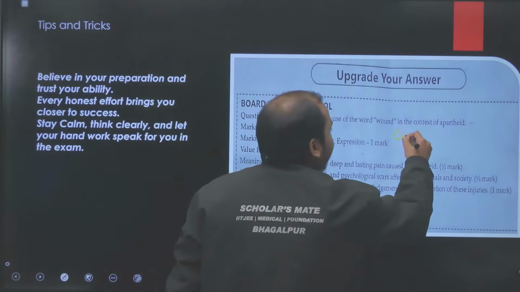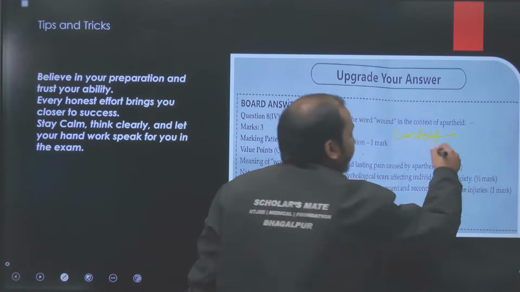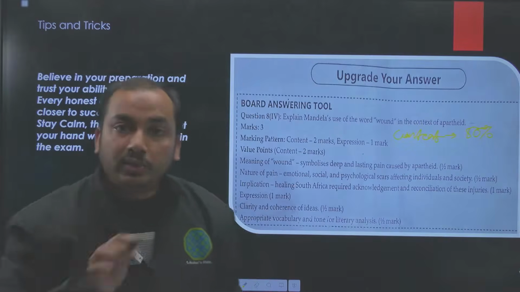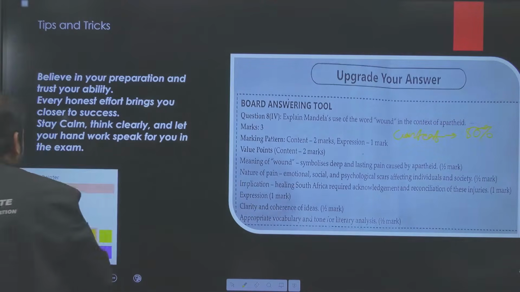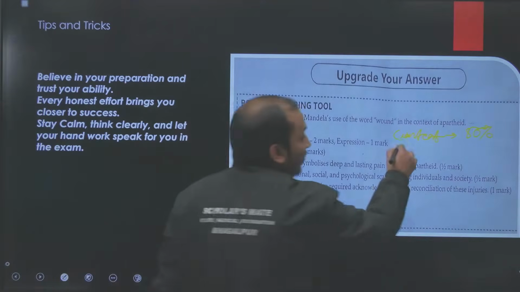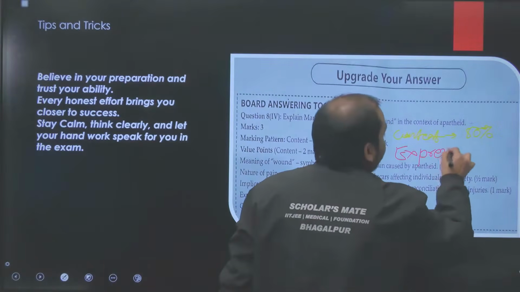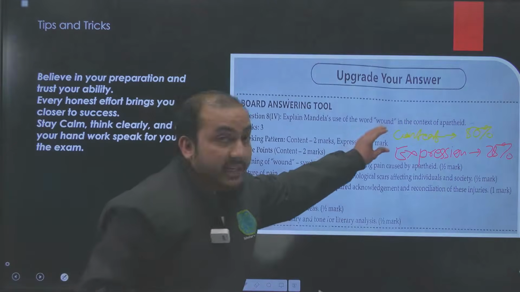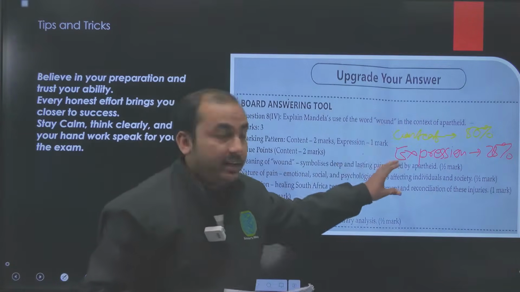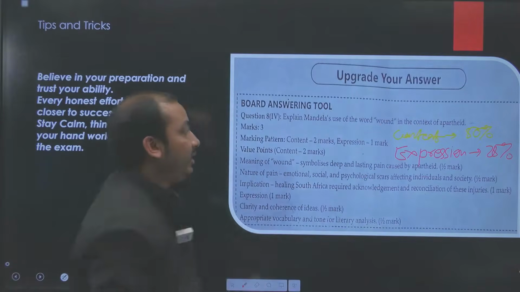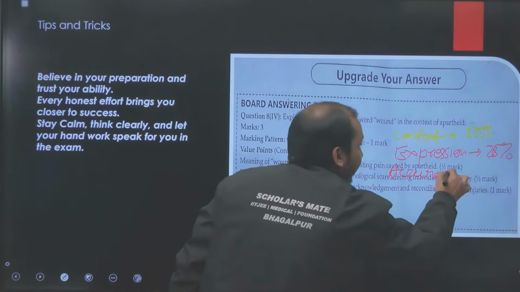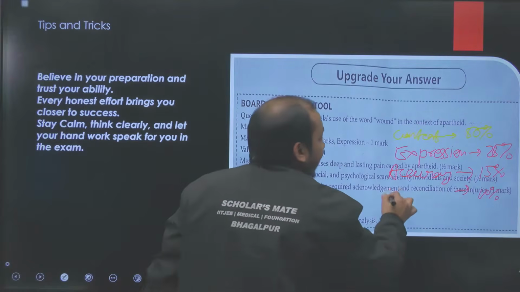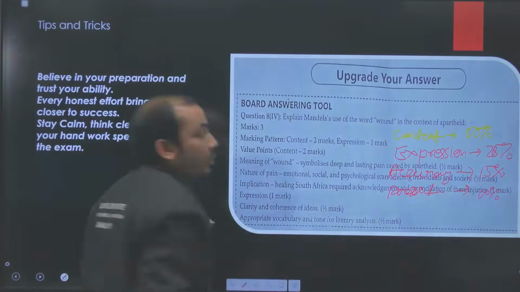Keep in mind that whatever you write in the exam, you will get 50% of the weightage of the marks from the content you use while writing, and 25% for the expression you use. Means 50% जो आपने कंटेंट लिखा उसके लिए आपको मिल जाएंगे, एक्सप्रेशन के लिए आपको 25% मार्क्स मिलेंगे, और एक्यूरेसी के लिए आपको 15% मार्क्स मिलते हैं। और लास्ट में आता है कि आपने किस तरीके से प्रेजेंट किया है, प्रेजेंटेशन के लिए आपको 10% मार्क्स मिलते हैं, आइडिया और प्रेजेंटेशन के लिए।